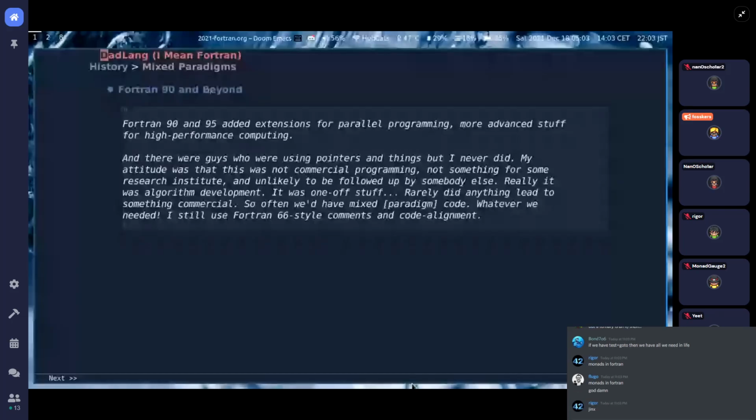He said that they weren't doing commercial programming. It wasn't super serious stuff, and no one was going to be following up on it. These things didn't typically lead to commercial stuff. A lot of it was developing algorithms and presenting that in a paper. It'd be a method for determining some chemical flow through some media in the ground, and they'd describe a particular algorithm, and then they could demonstrate it in Fortran, and then other students or other researchers could